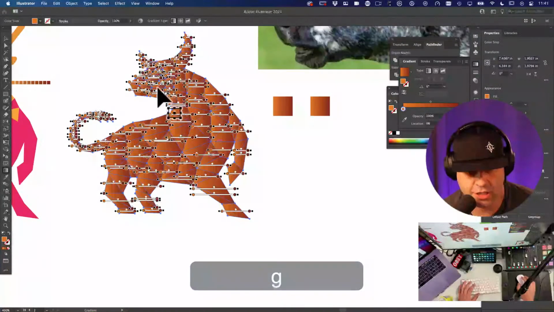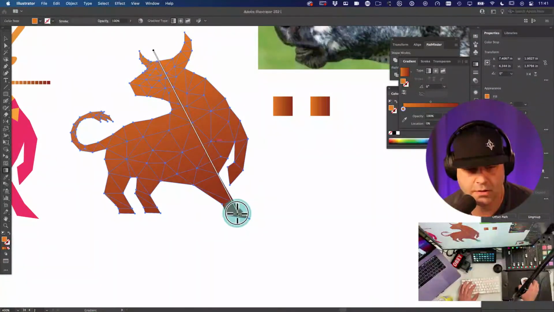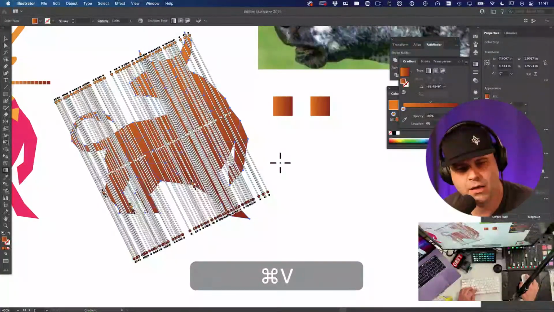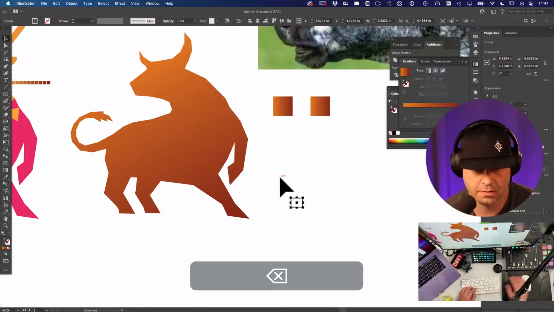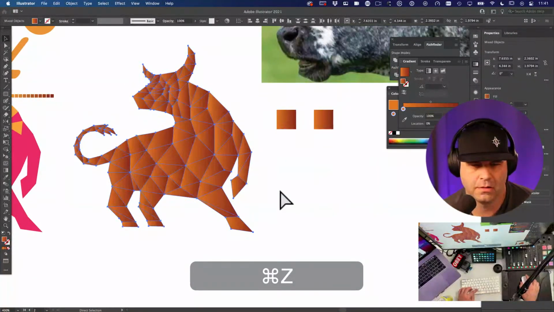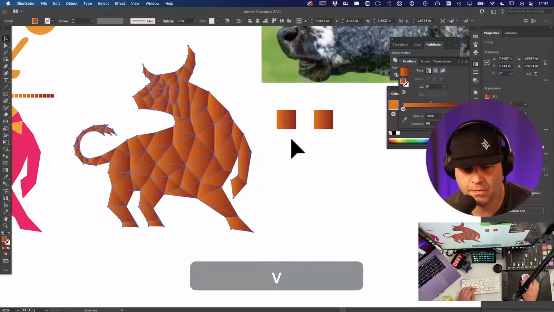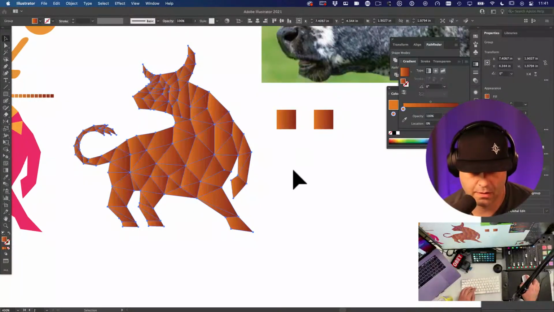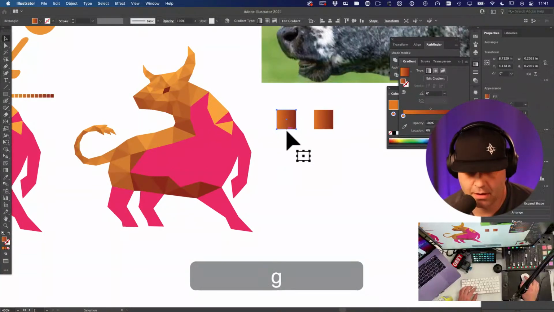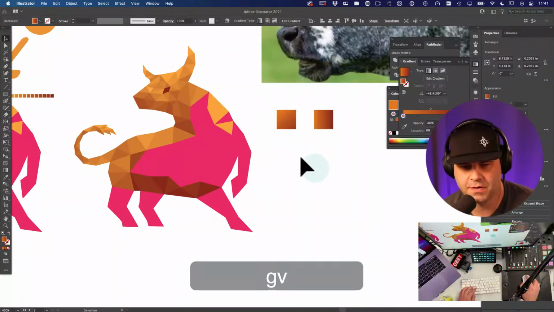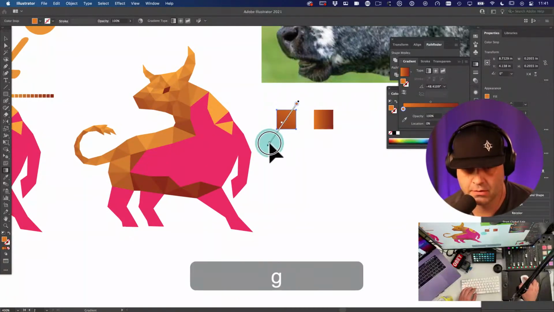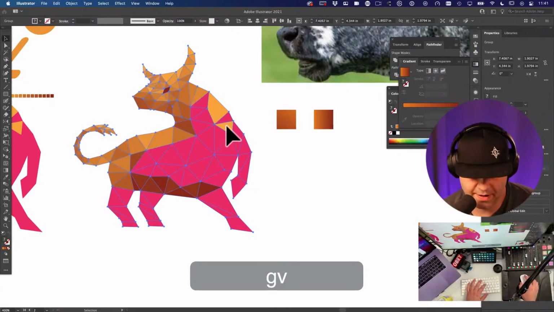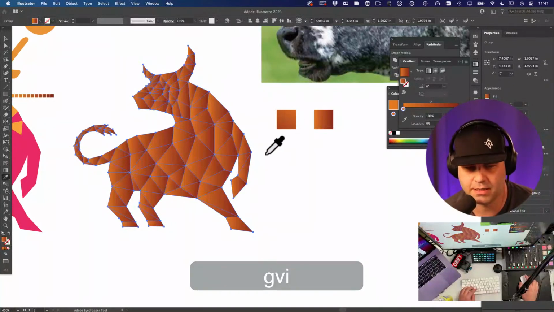Grab it all, hit the letter G to get my gradient tool. Not quite what I meant to do. I define my gradient here first. And actually I'm going to go from this angle. So then if I sample this, does it follow? No, it doesn't. Okay,